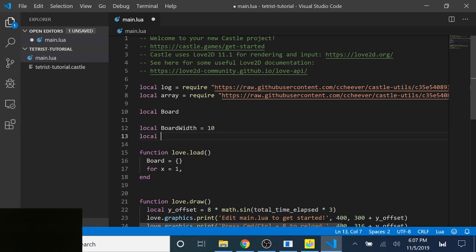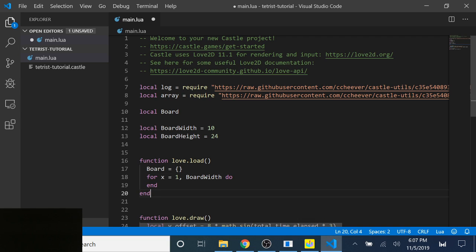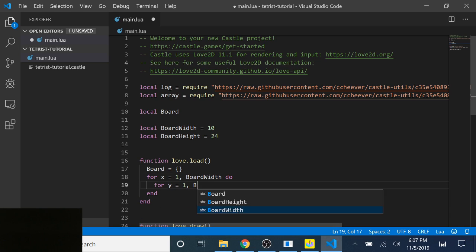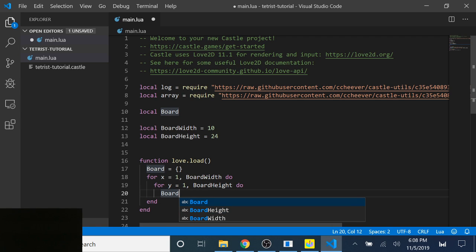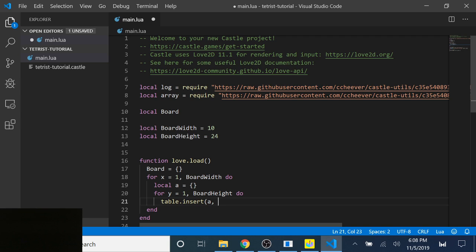So we'll add an extra 4 things for the next piece. So we'll say that's 24. And then we'll just say for x equals 1 to board width, do, and for y equals 1 to board height, do, and board table insert a equals this, a comma 0, and then